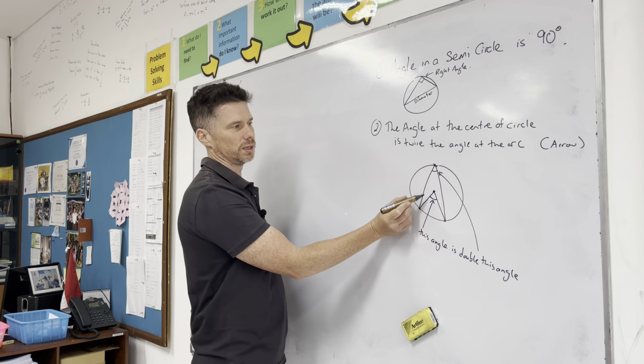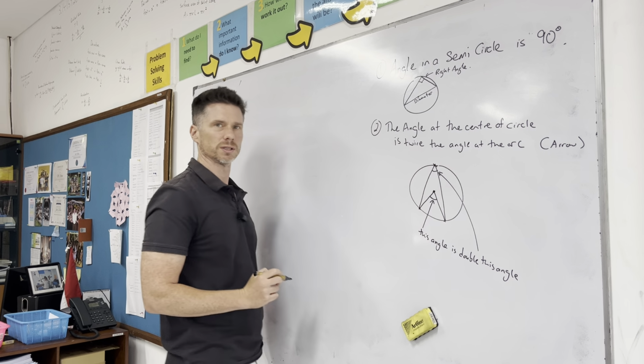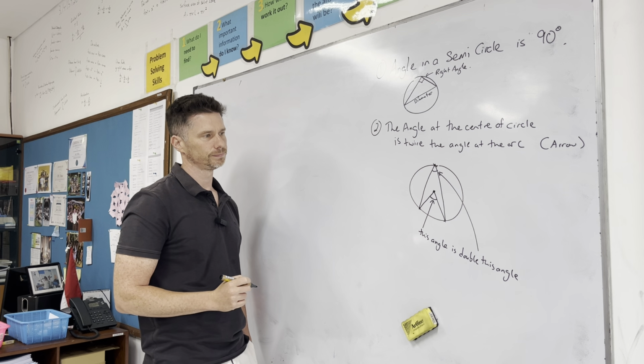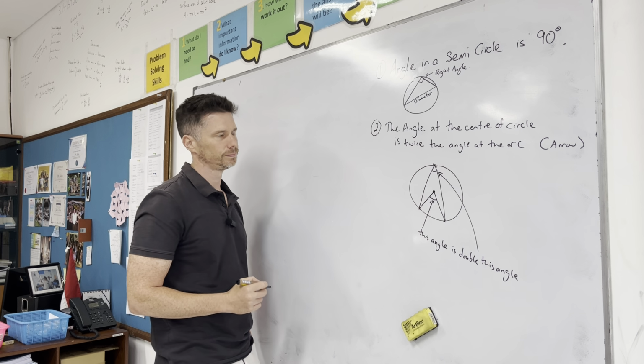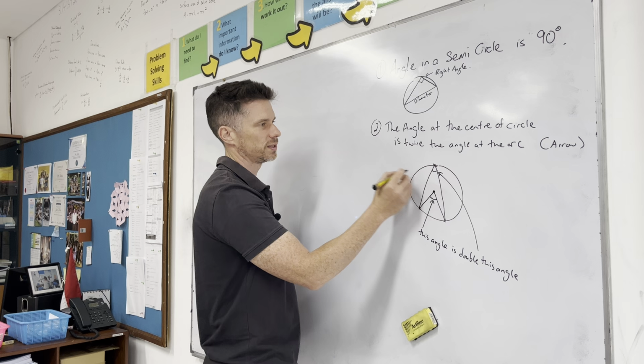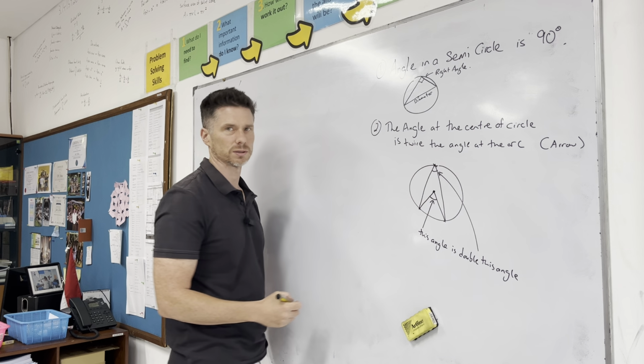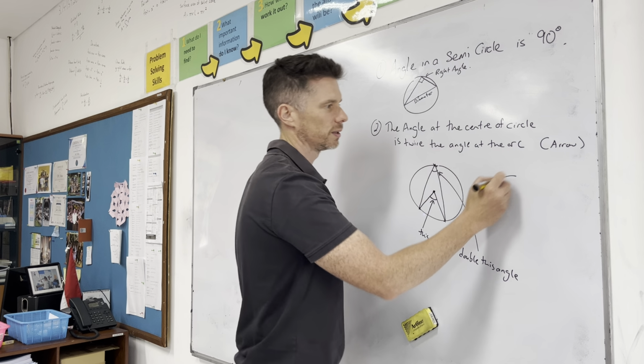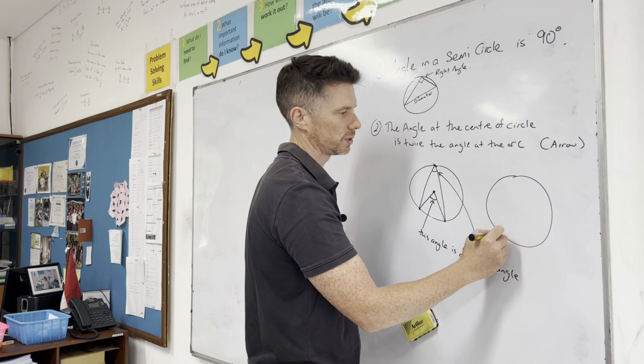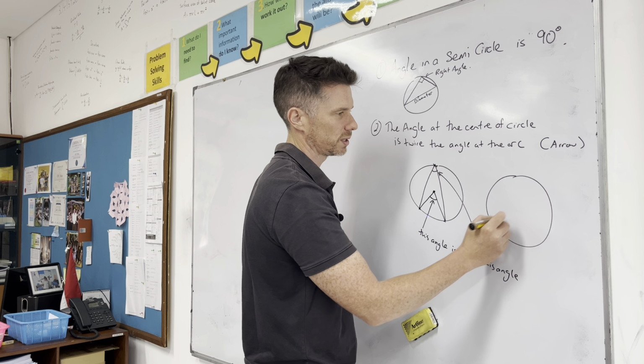So if this one is 100 degrees, this one's 50 degrees. So if this angle is theta, this one is 2 theta. It's sometimes used. So I'll draw a second example. So no matter where you do this thing,